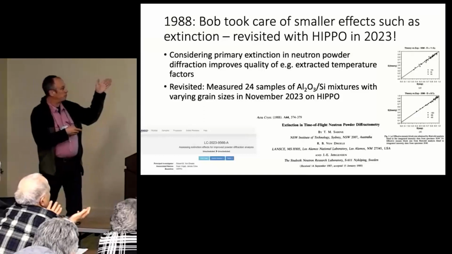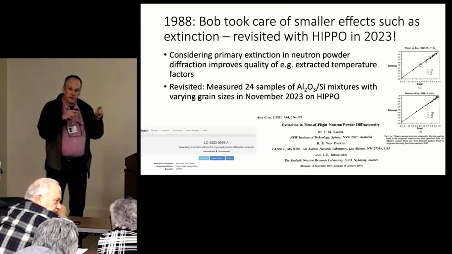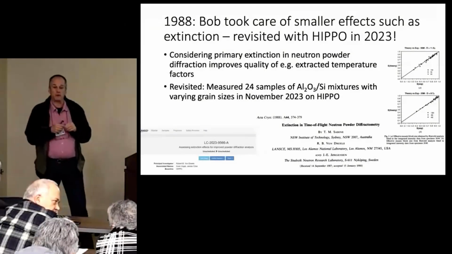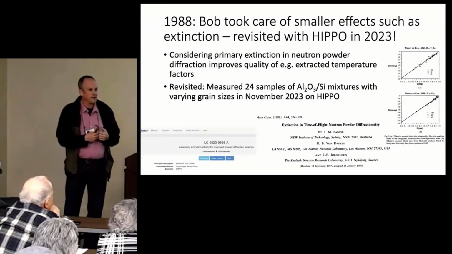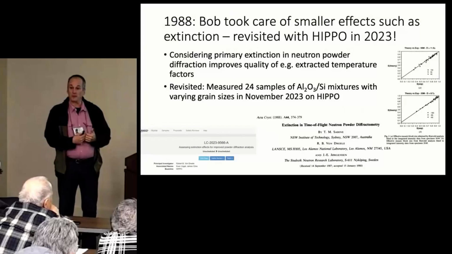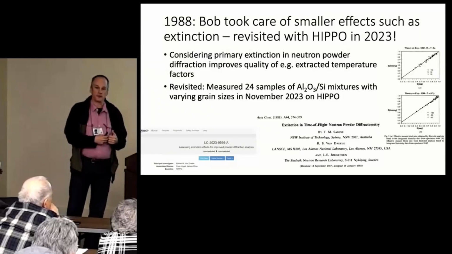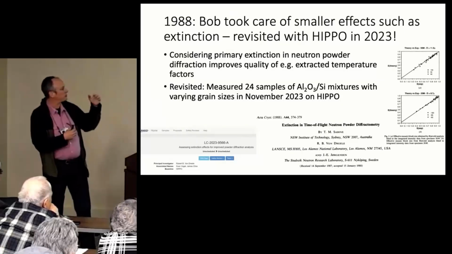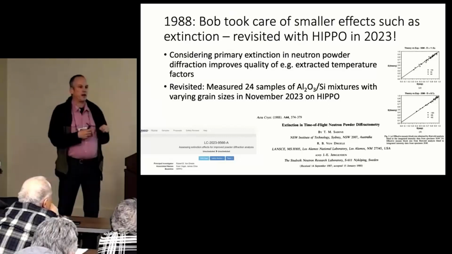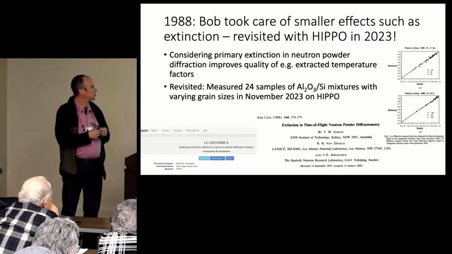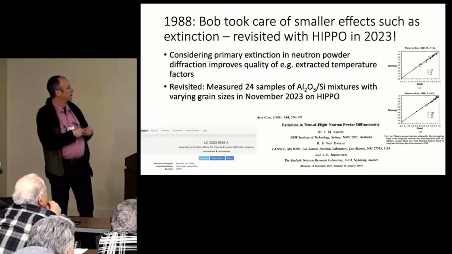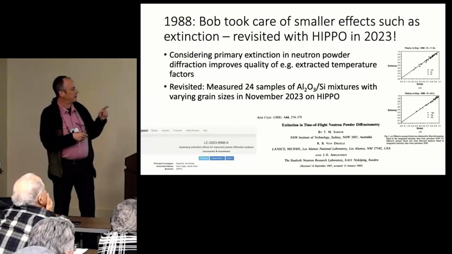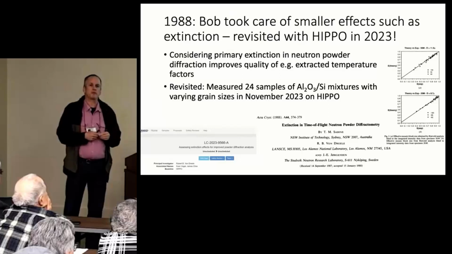Then what Bob always did also in GSAS, it's a time-of-flight neutron code, and you feel that every time you use GSAS, at least the old GSAS. It was made at a pulsed neutron source for pulsed neutron analysis, and Bob always had these very detailed analyses in there, including the extinction. And there was a classic paper with Sabine from 1988,